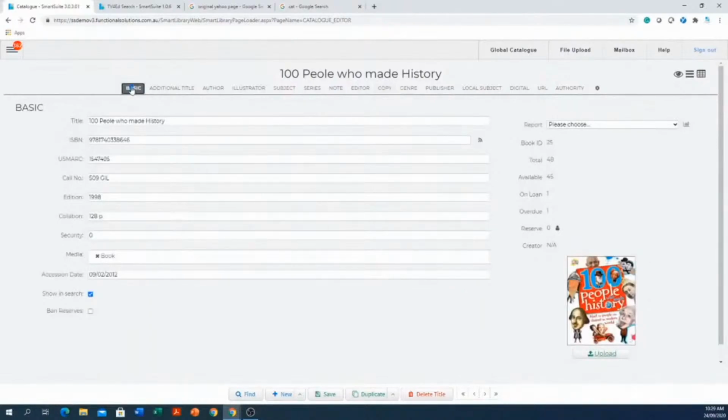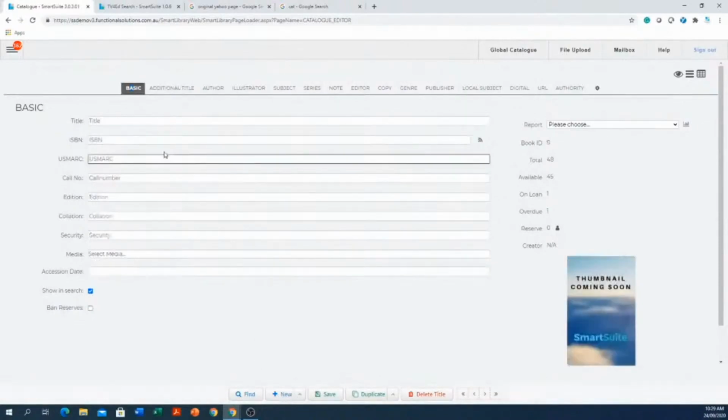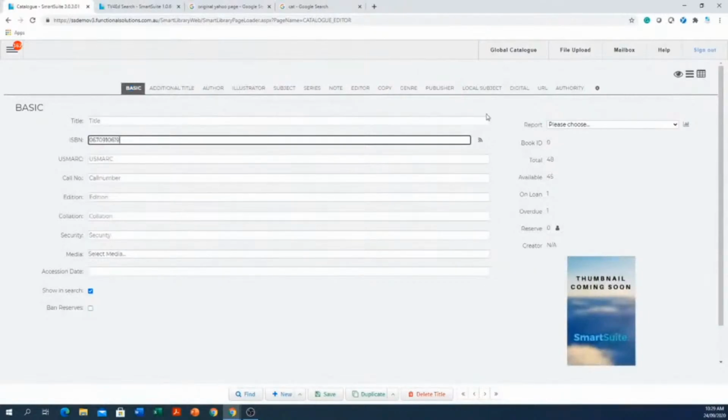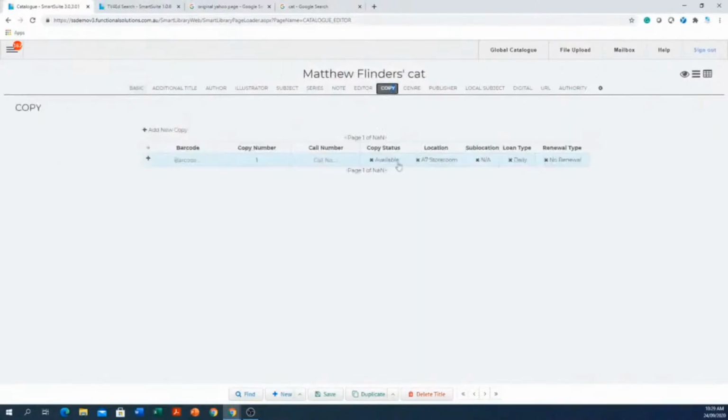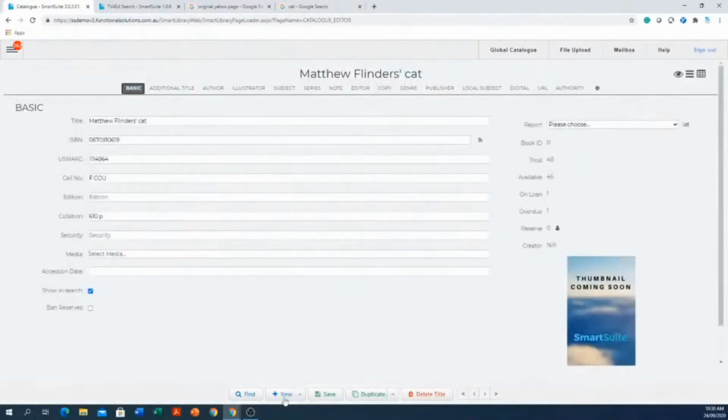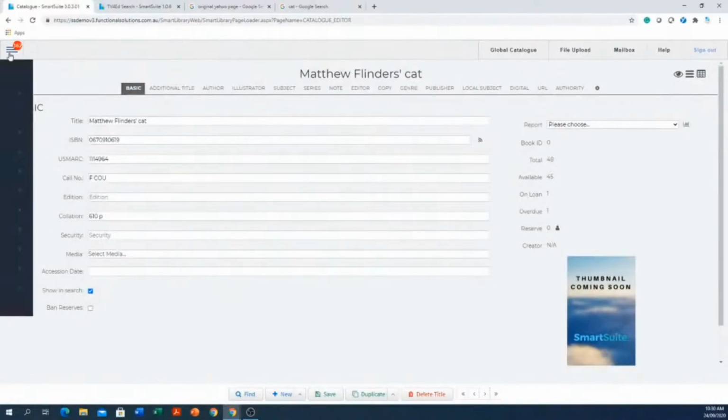But now we come to SKIS. How do I SKIS catalog? Well, I showed you how to do just one book. If you've got 3 books or 5 books, there's nothing stopping you from going new, zapping in your ISBN number, clicking on that button, and the record's been imported. Then just go into the copy, put in the barcode, location, sublocation, save, and then go back into new, put in the ISBN number, and do the same thing, and the same thing, and the same thing. Long-winded way, but if you want to SKIS catalog, it's much faster to go here,